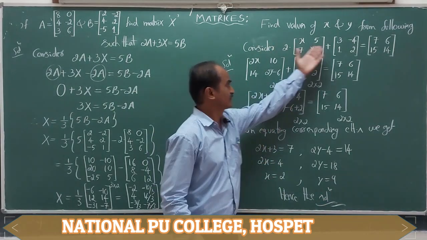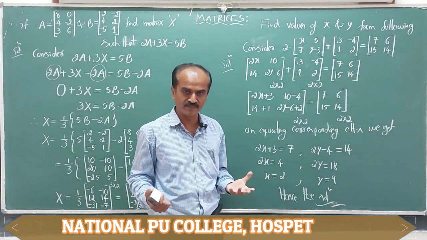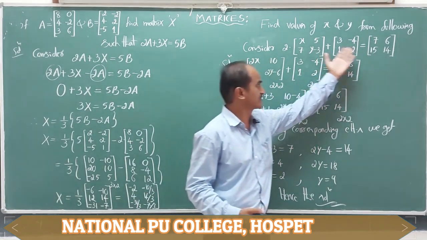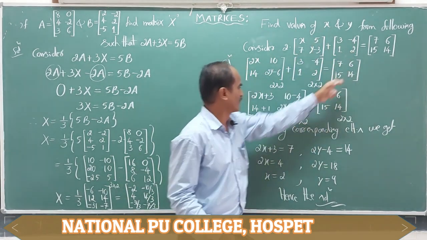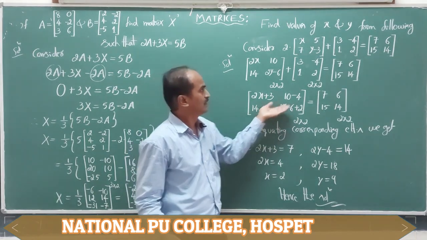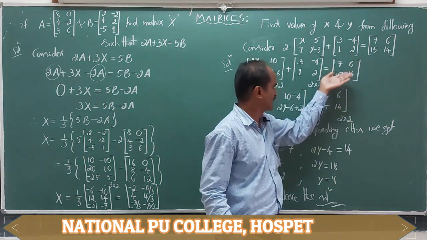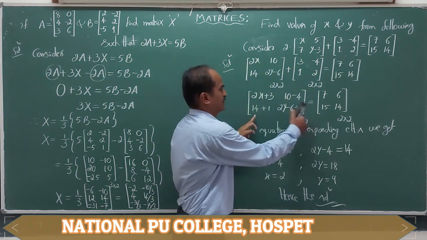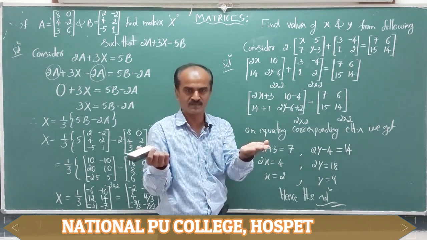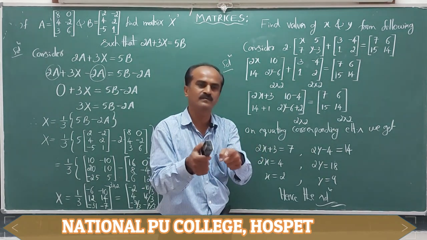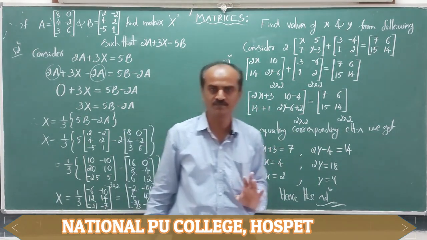Here a matrix equation was given. Some elements are unknown. Required to find the elements of the matrix such that it satisfies that equation. We simplified on the LHS. We obtained a single matrix. On the right hand side, only one matrix is there. No need to simplify. We keep on writing that matrix as it is. Finally, we end with an equation containing matrices on both sides of the same order. They are equal means their corresponding elements must be the same. So by equating the corresponding elements, we are able to find the values of the unknowns.